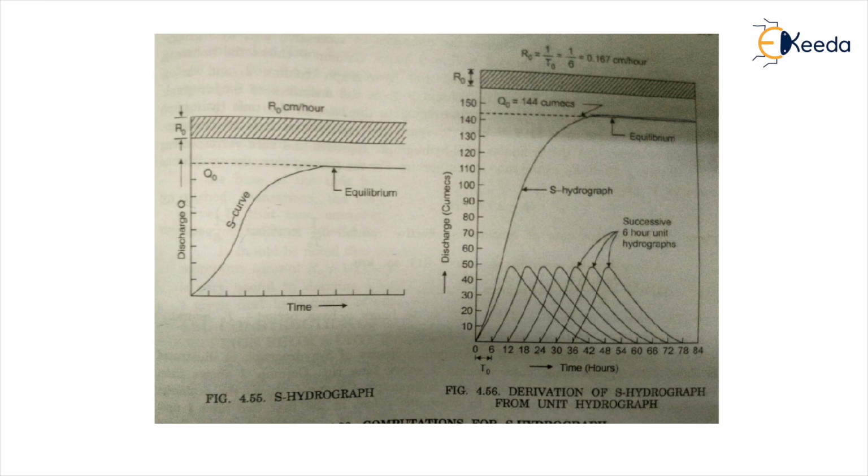You can see after adding these 6R hydrographs successively, from 0 up to 78, we have 1, 2, 3, 4, 5, 6, 7. We have 7 hydrographs, and when we add these 7 unit hydrographs of a 6R unit interval, we get the S hydrograph value,